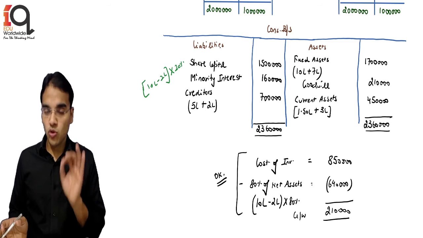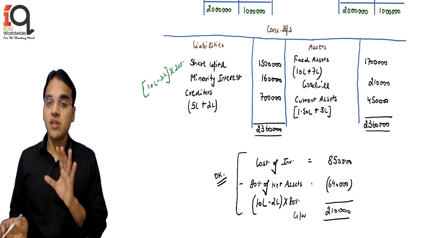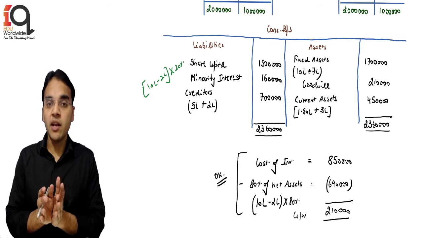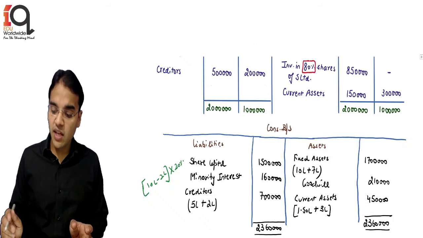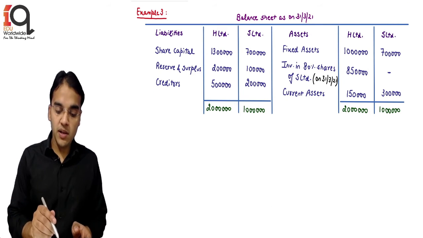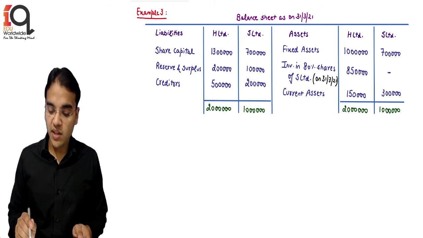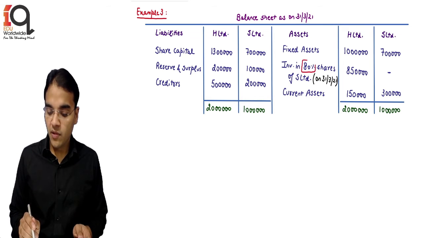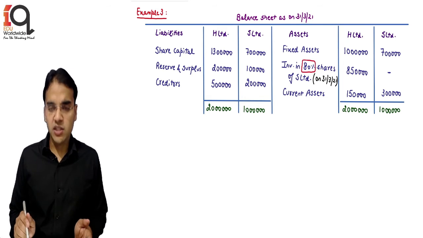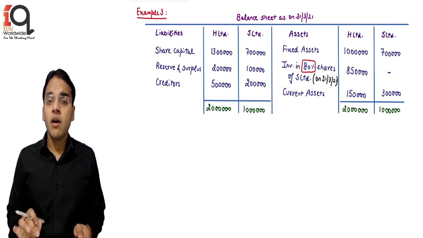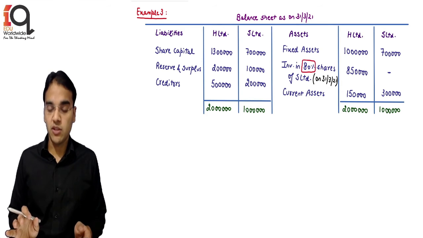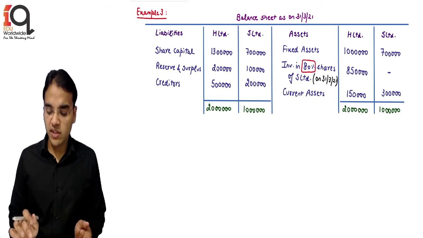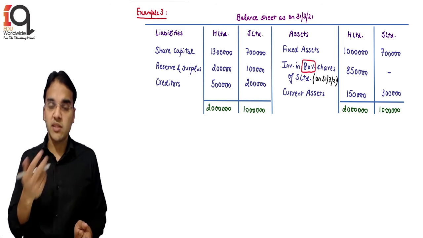And don't worry, I told you earlier also that each and every concept will come later, and I will explain it to you again and again. I'm just explaining the concepts with the help of examples. Now the next example coming up, let us see the difference. On the asset side, everything is the same: fixed assets 10 lakh, 7 lakh, investment in 80% shares, and the shares are acquired on 31st March, which is the case in the other examples as well, meaning we are purchasing the shares on the last day. That will be explained to you in the next example, so don't worry.